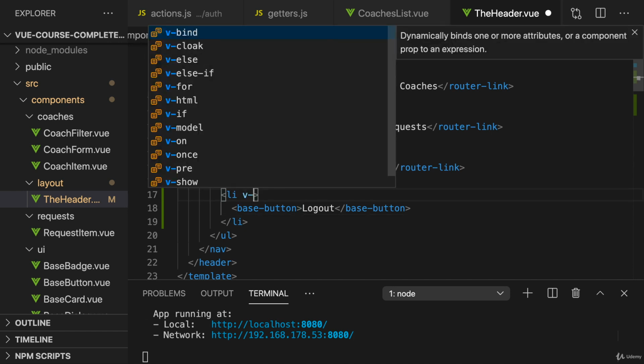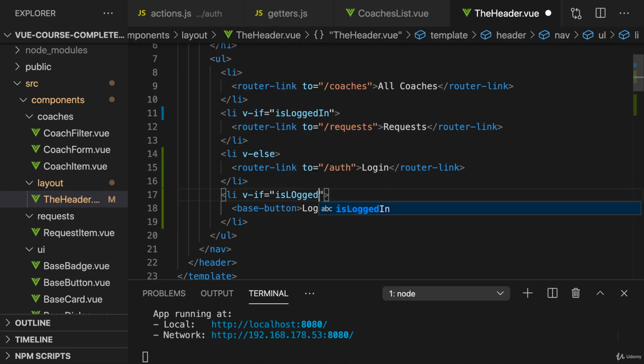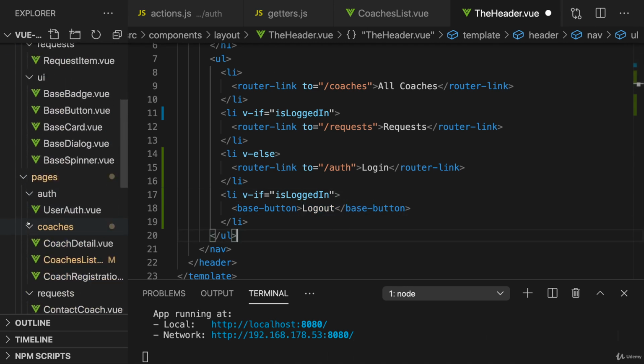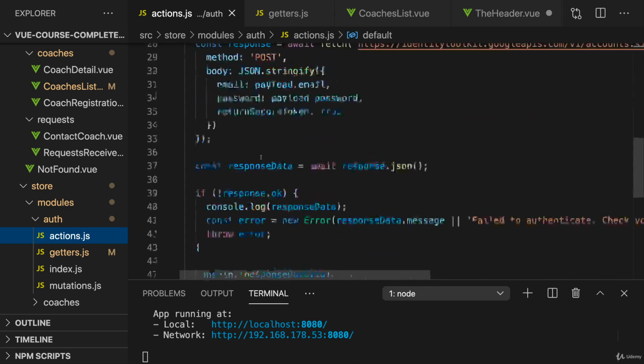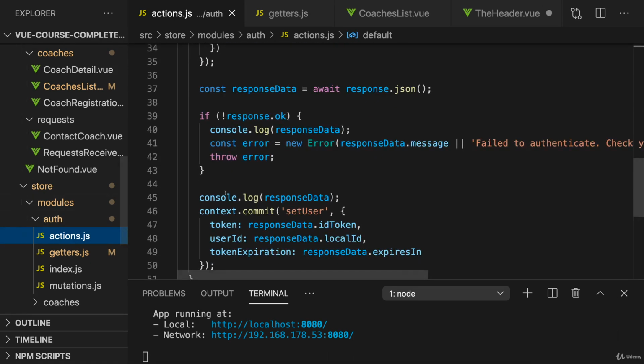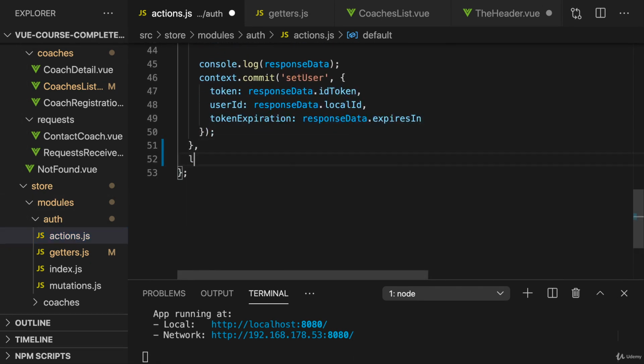Of course, this list item should only be visible if we are logged in, because it makes no sense to show a logout button if we aren't logged in. And now we need to add a new action, and that's the logout action. So here in the auth module in the actions file, I add a logout action,